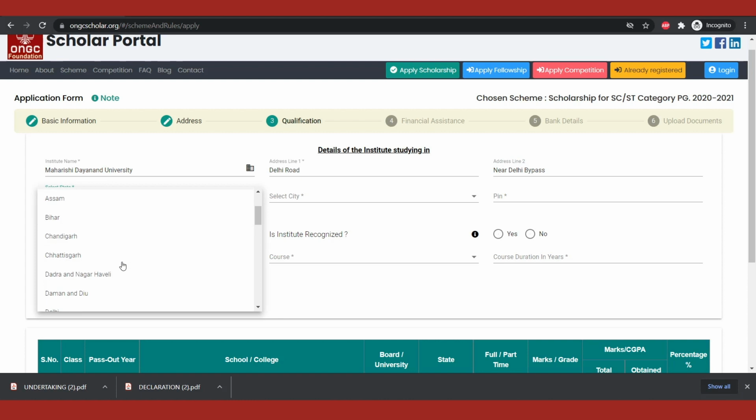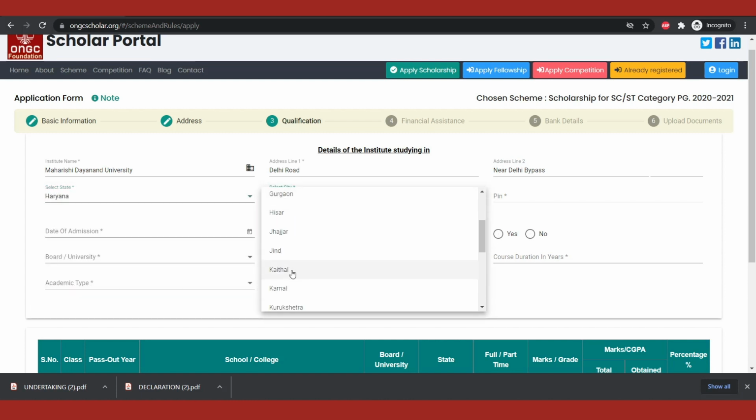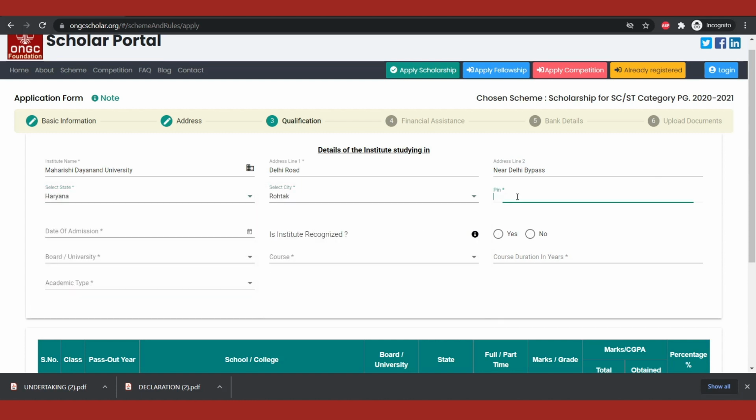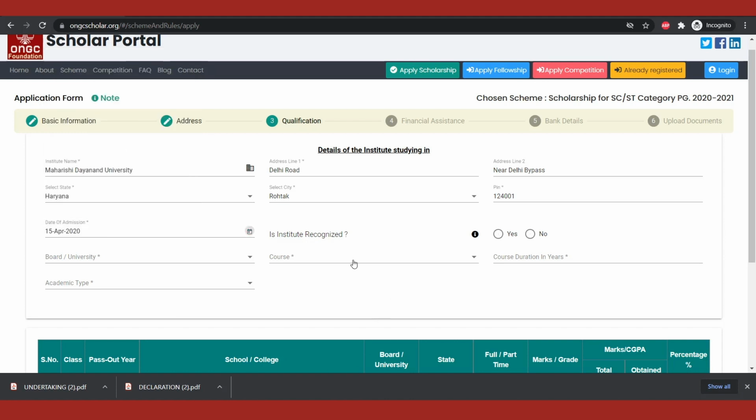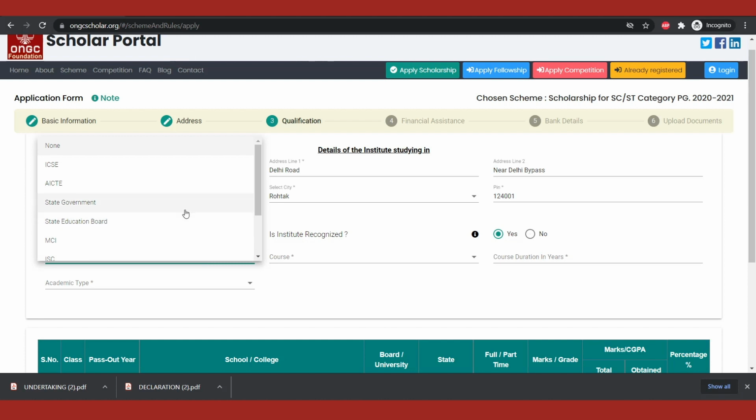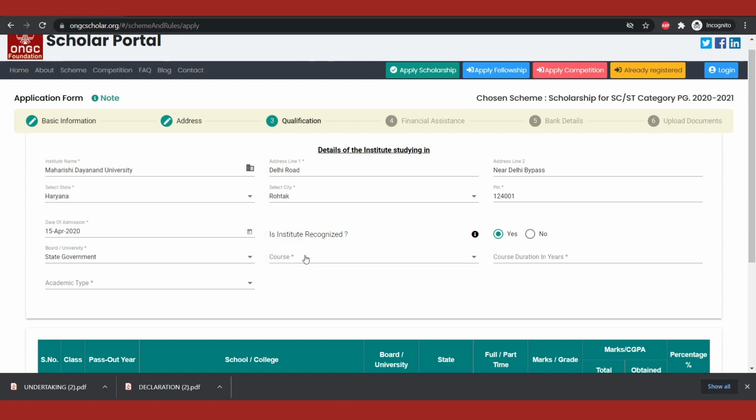You need to fill in details like state, city, and PIN code of your institute. After filling your institute details and admission date, select the board or university to which the institute belongs. You can fill these as per your own institute curricular type.